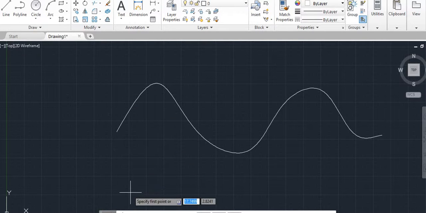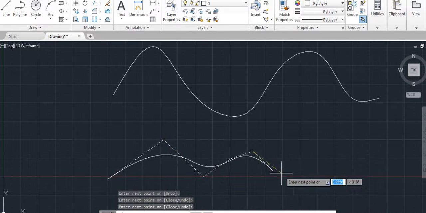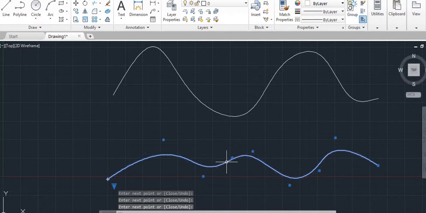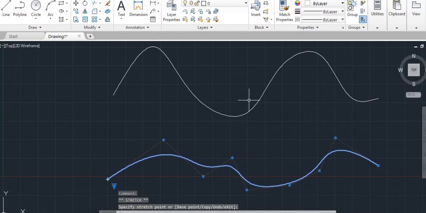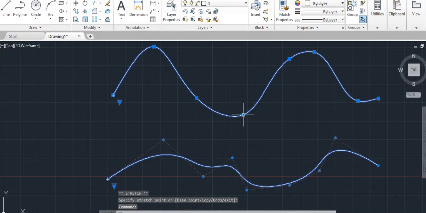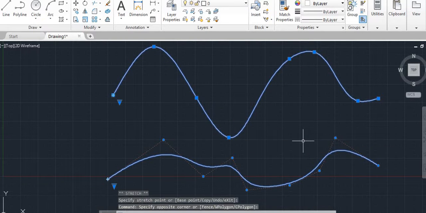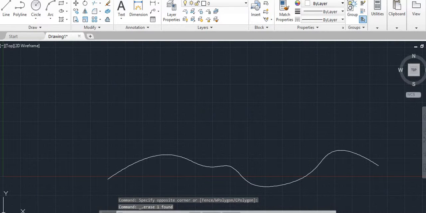Next we have spline CV. For the spline CV, the control points and the arc or any segment generated will be in different positions. You can alter that particular point using those control points only in these two cases. But for the spline fit, you will have control points where you click. For the spline CV, it will be in a different position. This is the difference between spline fit and spline CV.